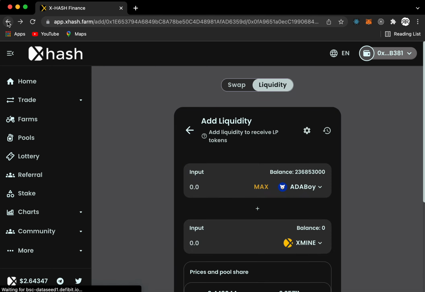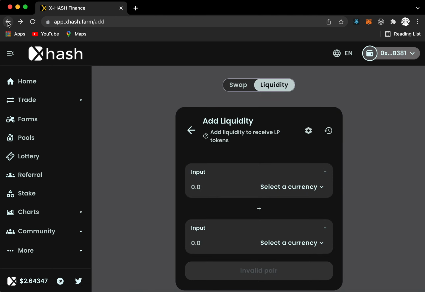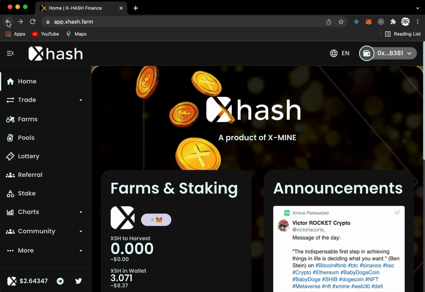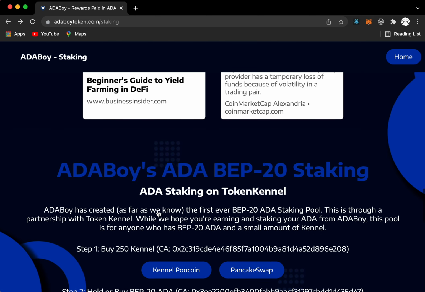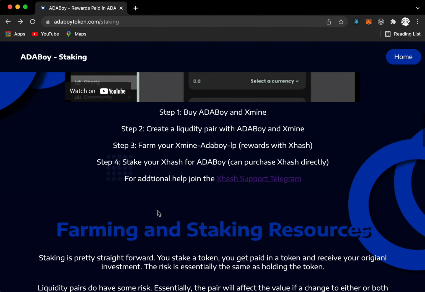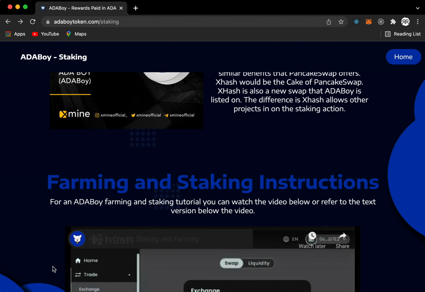I will say that the staking's pretty safe. If the price is going down, you can just unstake and sell the token you staked, okay? I honestly don't even really check it, but